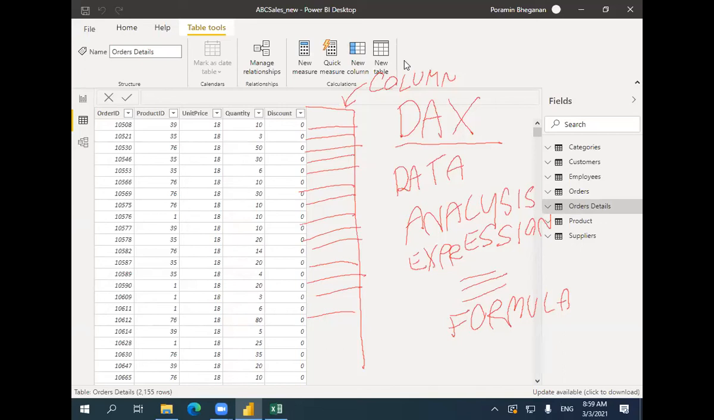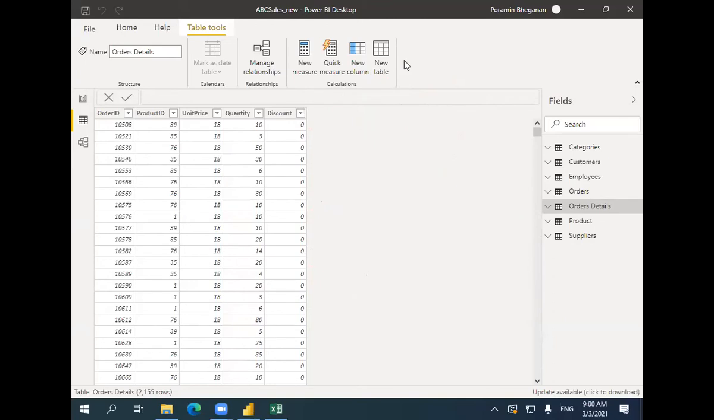Okay. So firstly, I'll talk about the first new column that we will have the DAX inside, for calculating the sales. Let's see how we're going to do that. Now we are going to create the sales amount column. In order to create the new column,